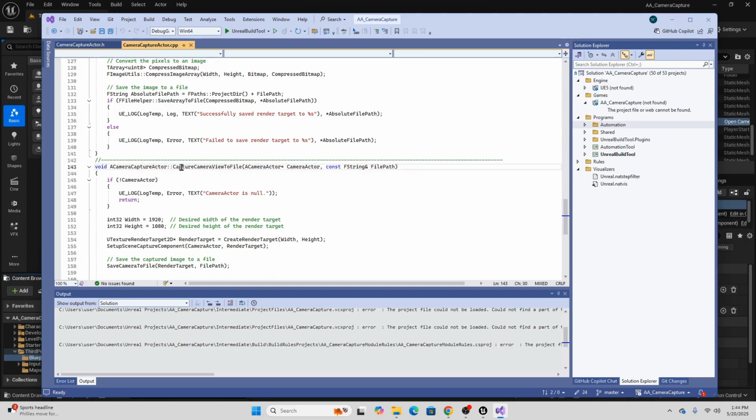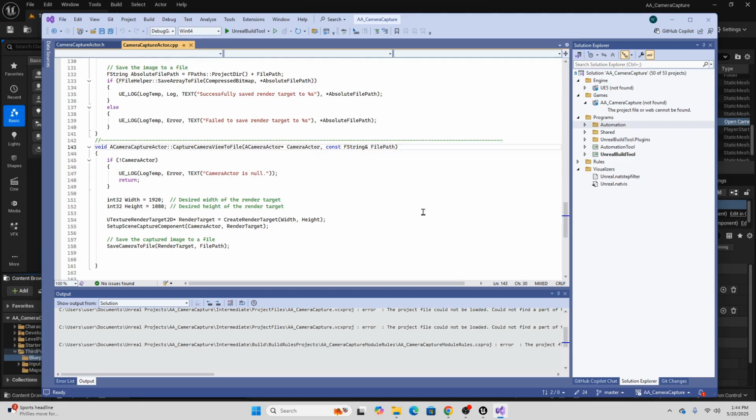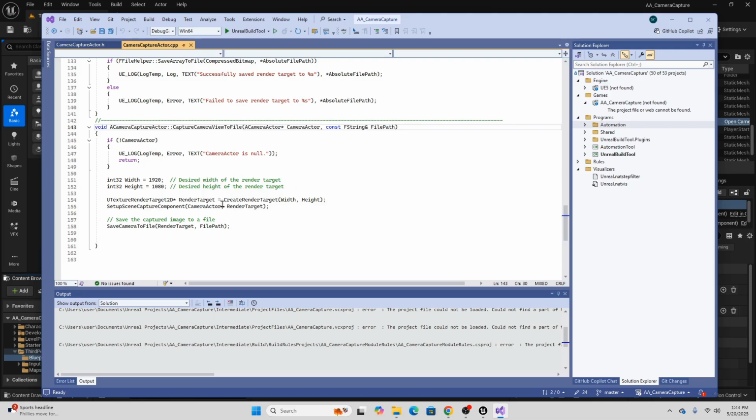So this is what everybody calls the actor. I mean, we could probably push this down here and just say a cast to this, whatever. The main tribal knowledge is learning how to get the render target and then get the scene to render to that target and then get it to